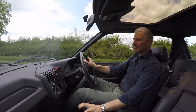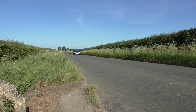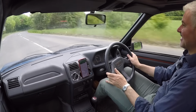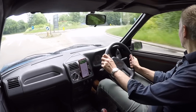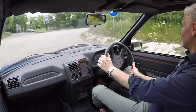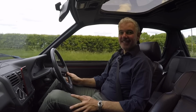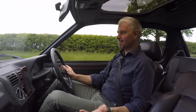The other thing is there's some slack in the driveline. There's a nice corner. It's just so much fun round corners, little roundabout. Throttle's really jumpy, these early injection systems. It just clings on. Fun, fun, fun. What was I saying? Yes, driveline shunt, which is made worse. So the throttle is very...